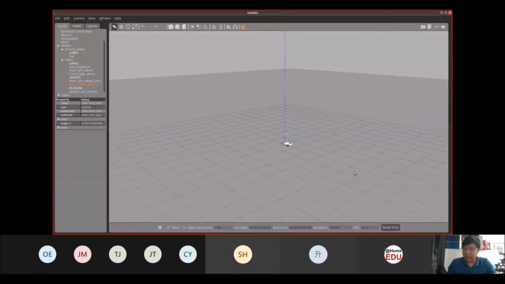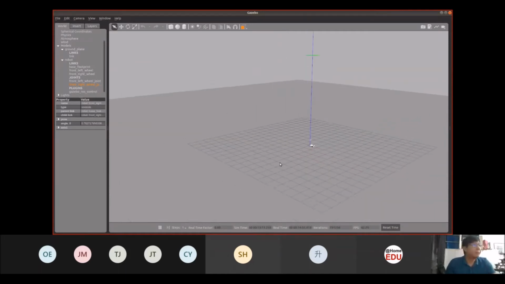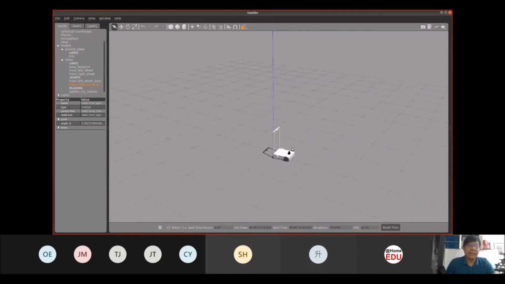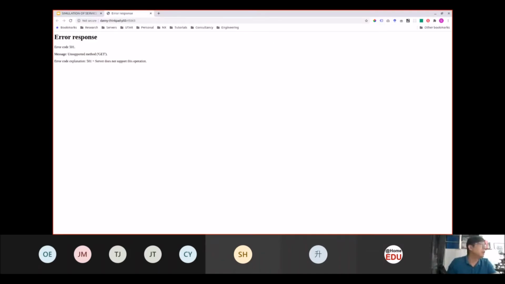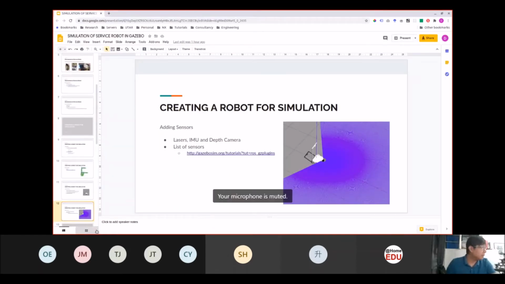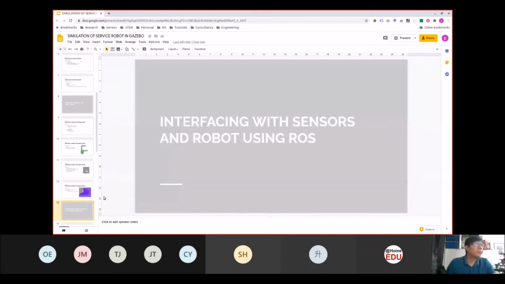I hope that maybe after this you can run through the basic Gazebo tutorial. Inside there, it will tell you how to launch an empty world. So over here, we have a totally empty world with our robot in the middle. Now at this point, what Gazebo has created is, let me just turn this back on.